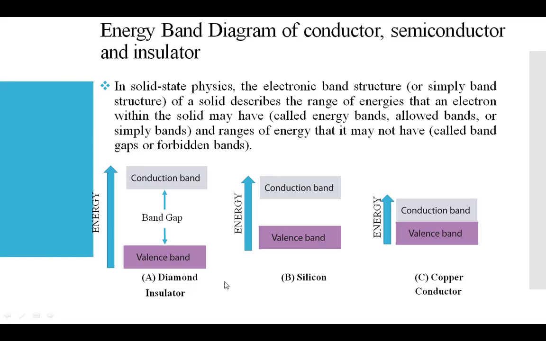So you can see the difference: in all the cases, the forbidden gap is comparatively reduced from insulator to conductor, and the semiconductor is in the middle. If the energy band you require is larger, it will work as an insulator; if the semiconductor requires less energy, it will work as a conductor. So this is the representation of the energy band diagram, from our previous discussion of the atomic structure of the insulator, semiconductor, and conductor, as well as the energy band diagram we discussed in the previous part.